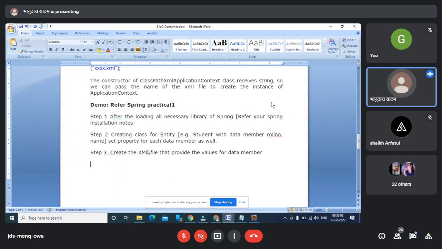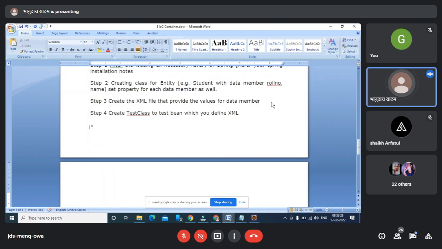And then, once I create the XML file, I'm going to create a test class to test the bean which you define in XML.